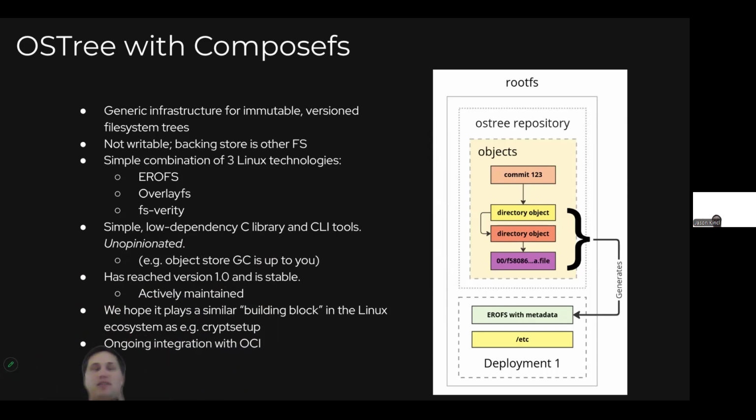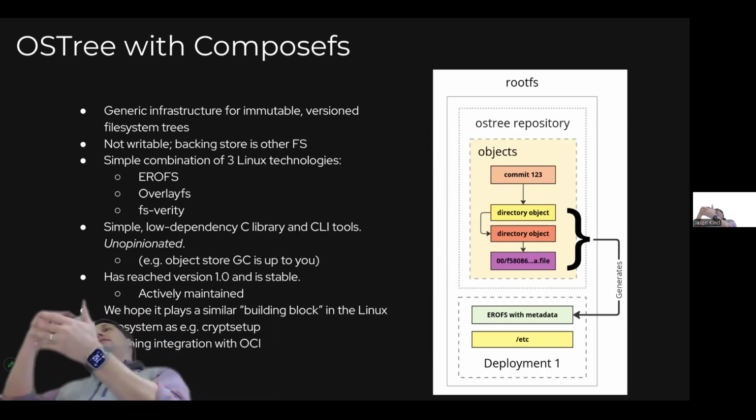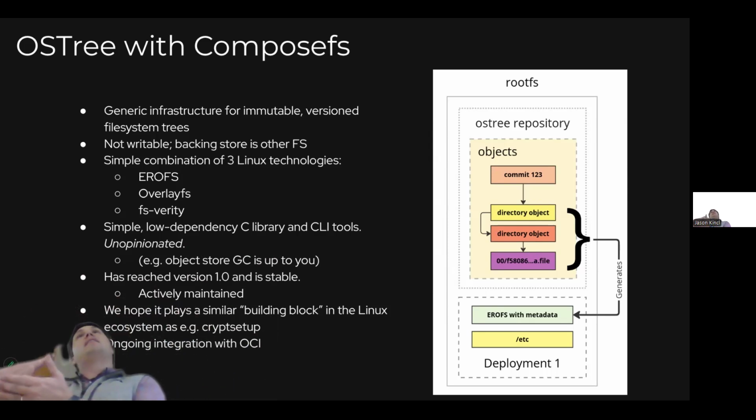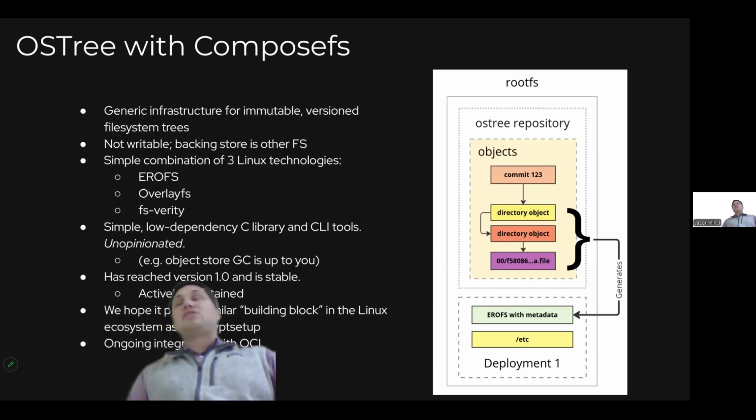ComposeFS allows you to deduplicate and cryptographically verify that you are able to deduplicate because it is the exact same file based on hash. And so, they're looking at it as a way to control the storage of